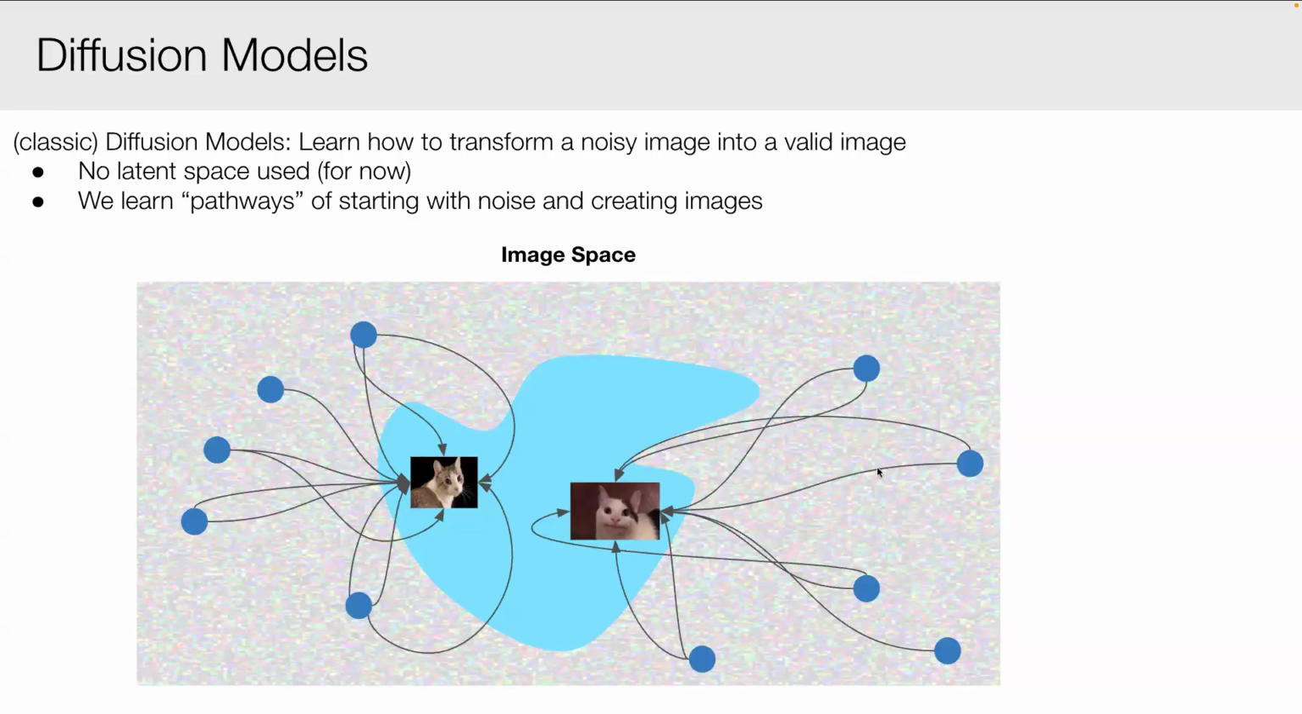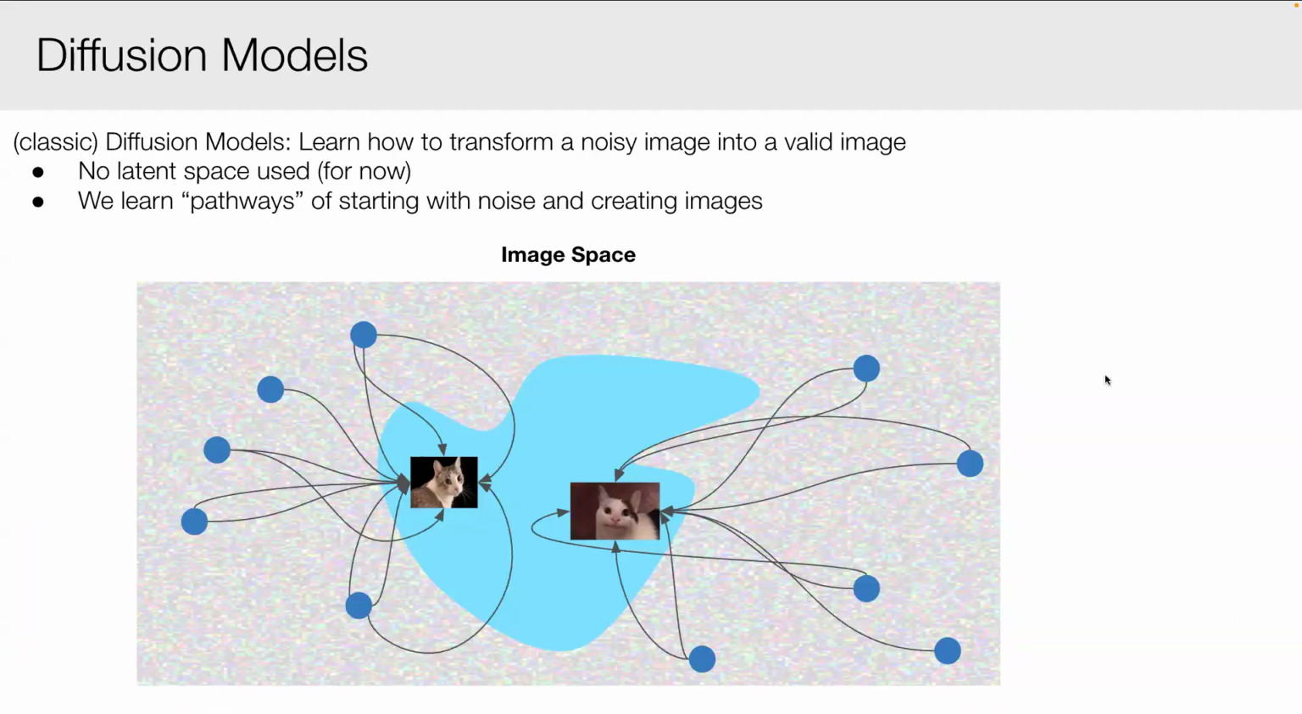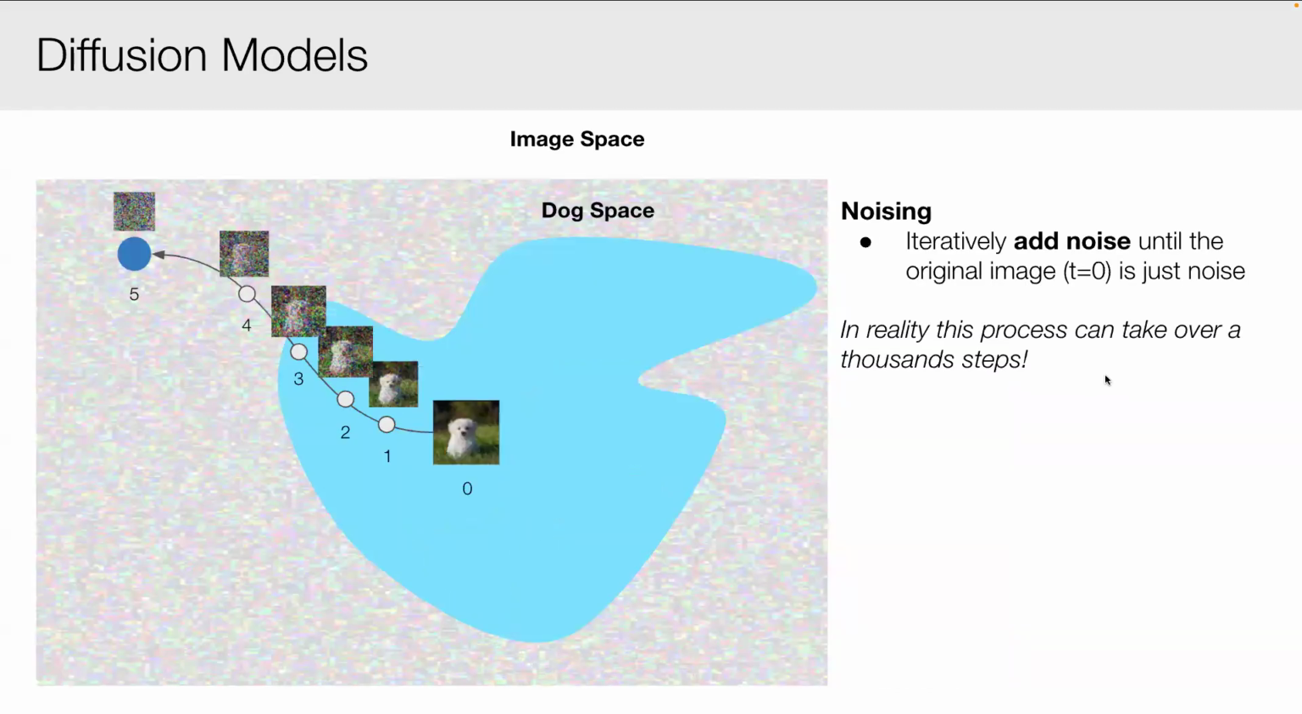So they're basically learning pathways in image space. Whereas GANs and variational autoencoders have latent space and image space and they're learning some kind of mapping, diffusion models learn to navigate image space, right? So as of now, no latent space. Does that make sense? And so, okay, how exactly do they do this? Because image space is really high dimensional, really hard, right? So what they do,